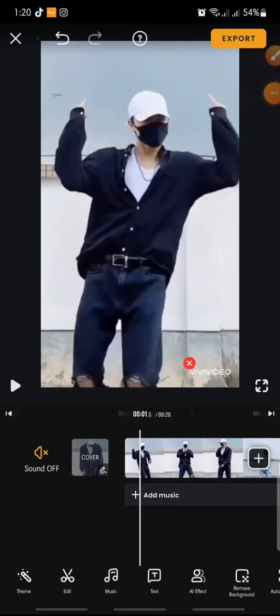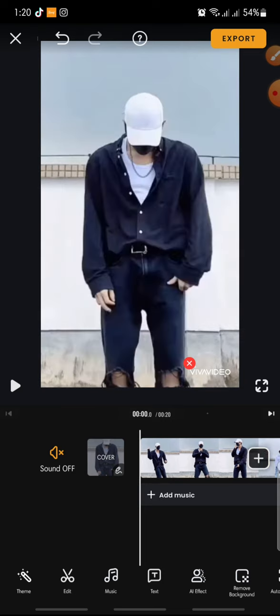In this video, I'm going to show you how to add flames effect on a VivaVideo apps. Now let's get started. First, if you wanna add flame effect on a VivaVideo app, you can add the video